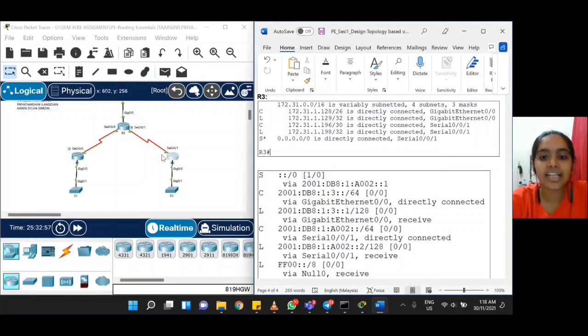Then configure the static route for IPv6 by using the next hop address. It is similar to ip route for IPv4, but we have to use the IPv6 address. Before configuring the static route for IPv6, we have to enable IPv6 routing by using the ipv6 unicast-routing command.